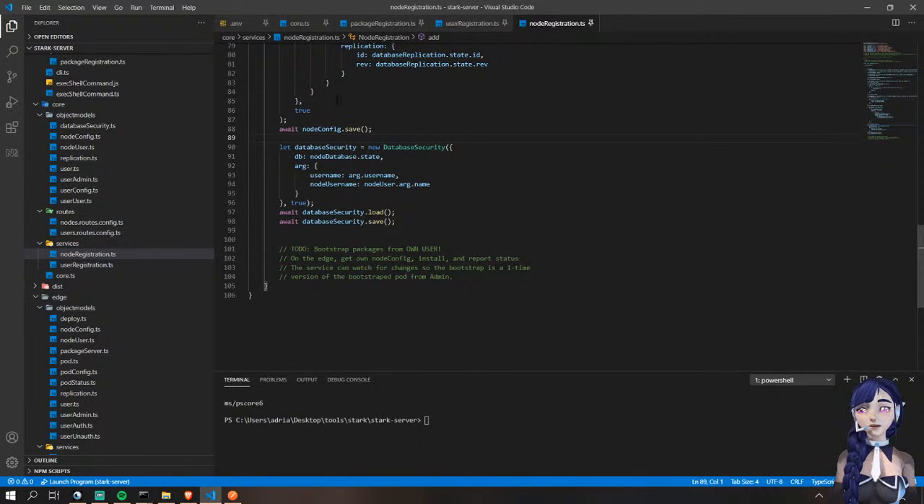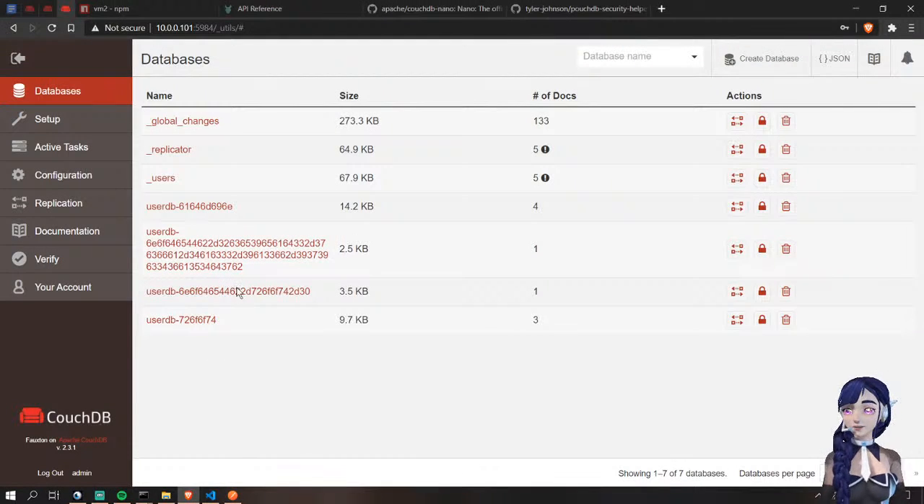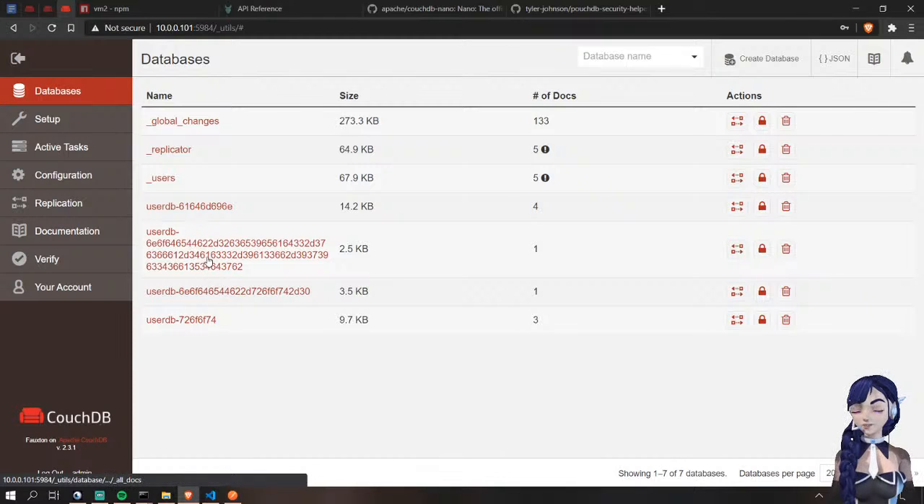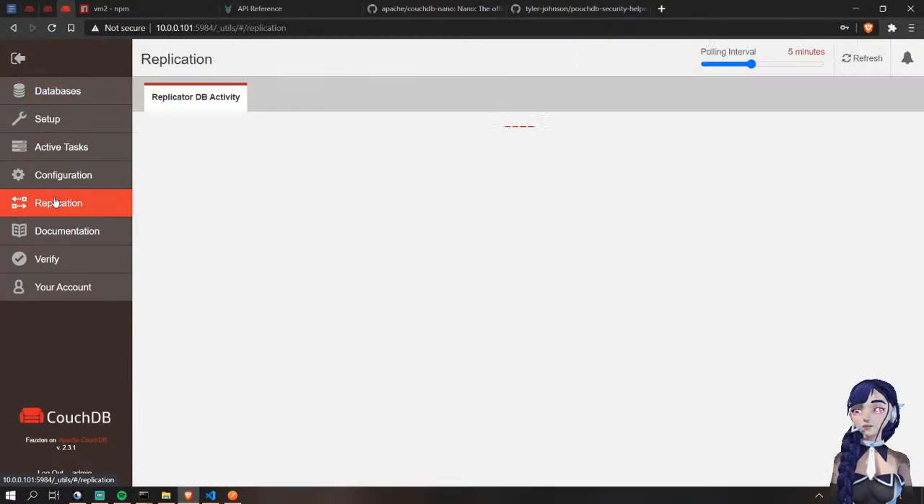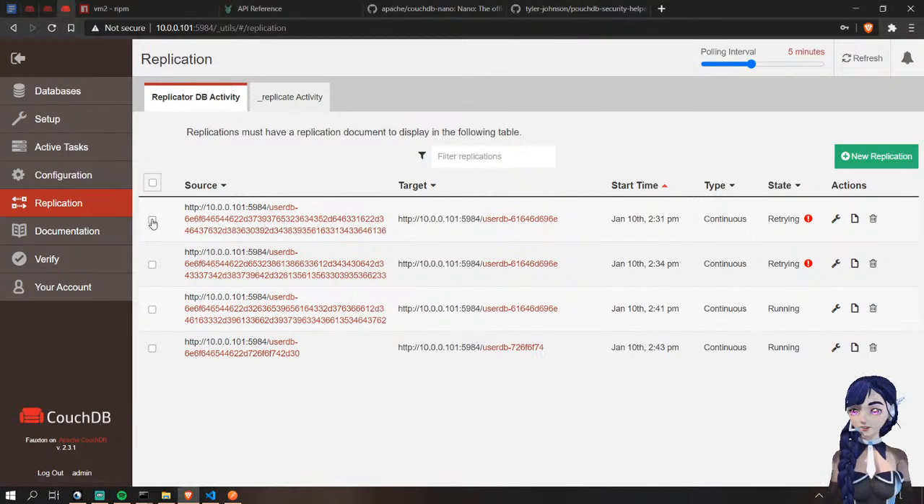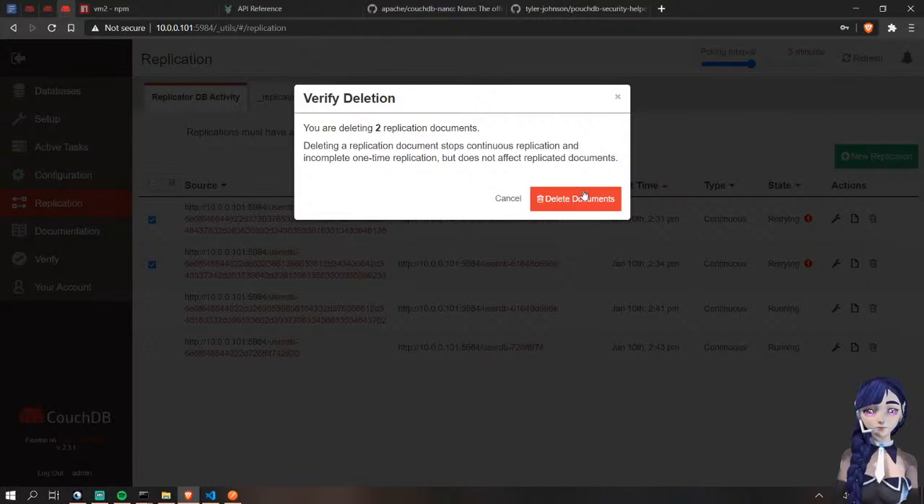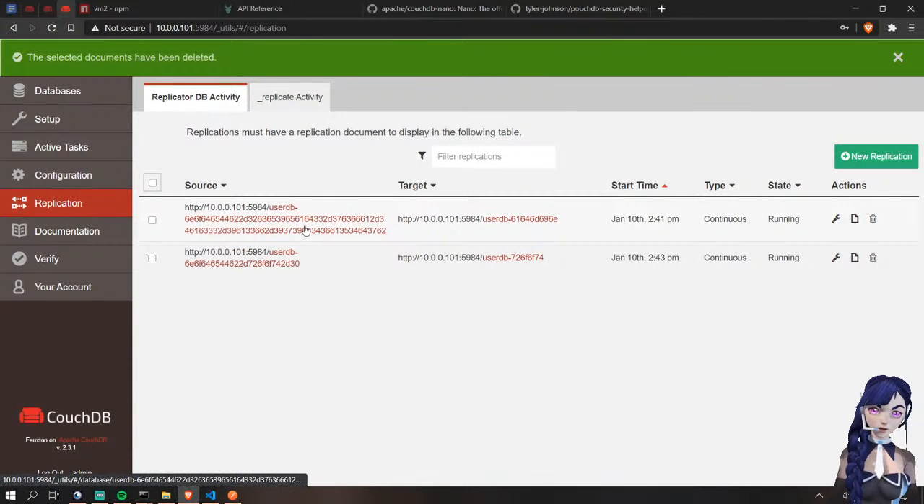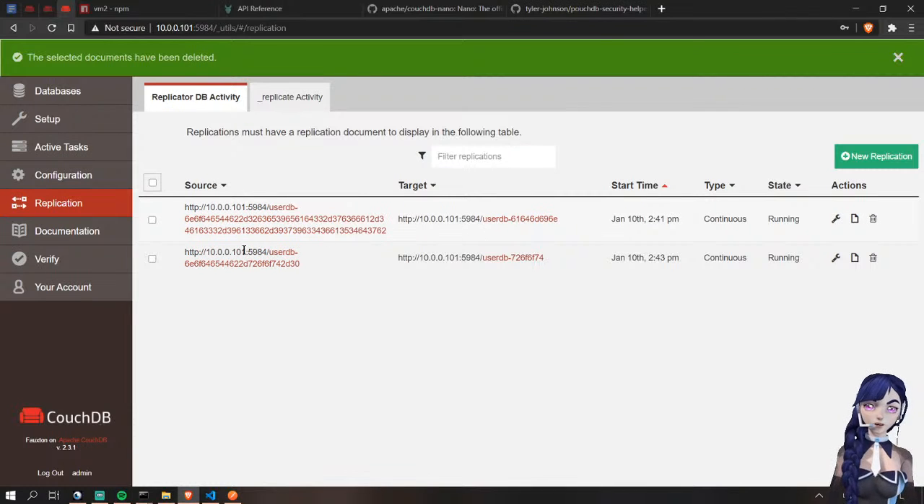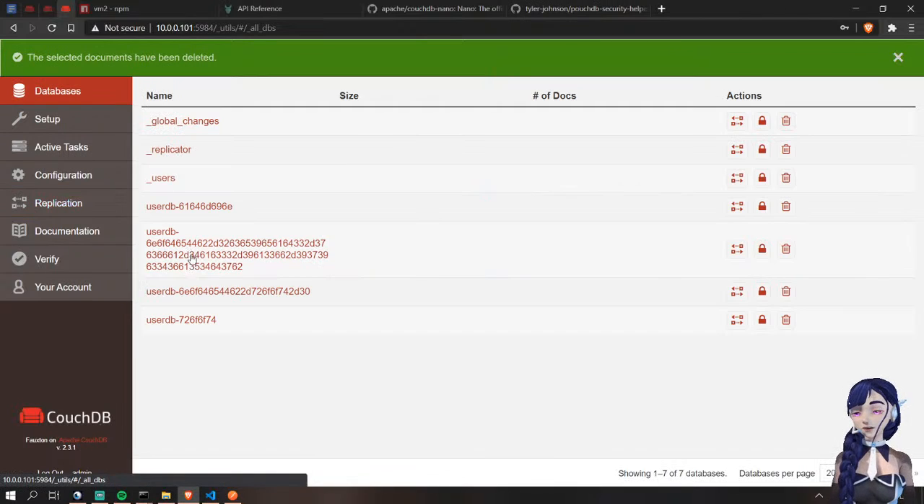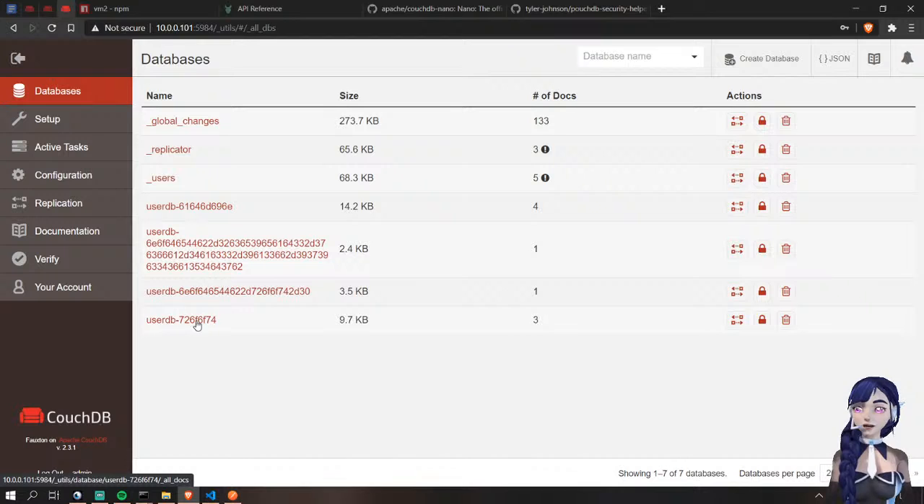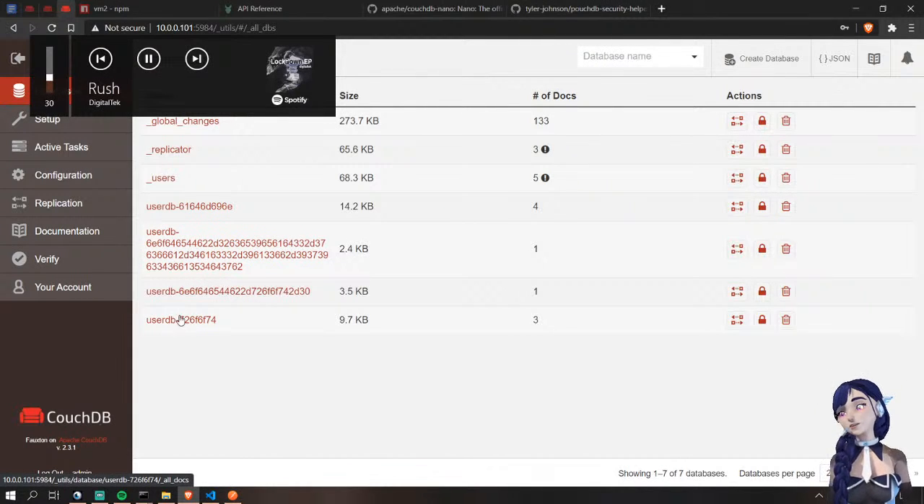Okay, so now that I have this, I think it's this one, and it replicates to... Hold on, let me clean out my replications. Okay, so this is the bootstrapped one, and this is the one that I set up. This resource replicates into the user, which means that